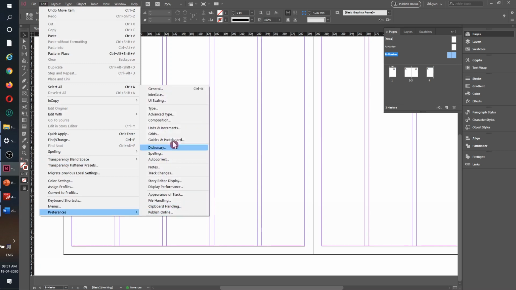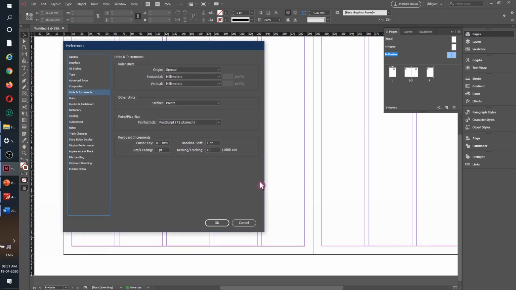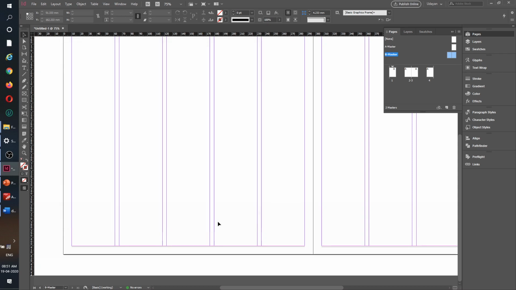If you go down here to units and increments, here is the setting, we have made it 0.1 millimeter. So each time we press the key, it is moving only by 1/10 of a millimeter. So 10 times will be around 1 millimeter, which is a decent gap.